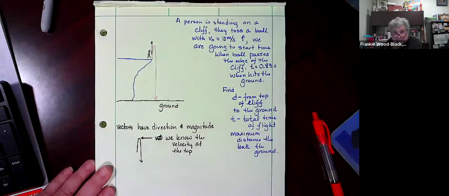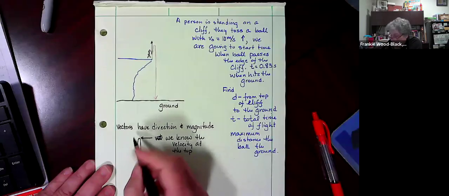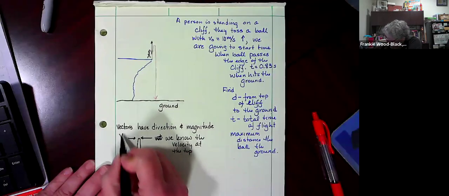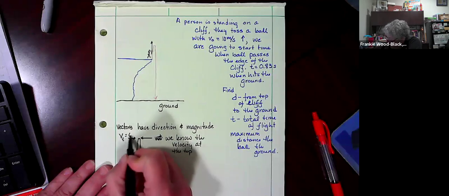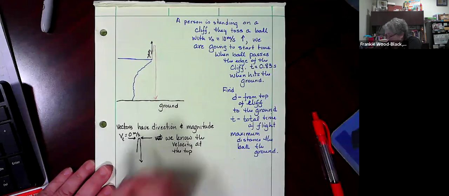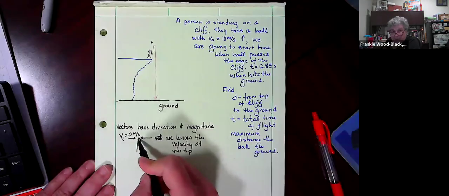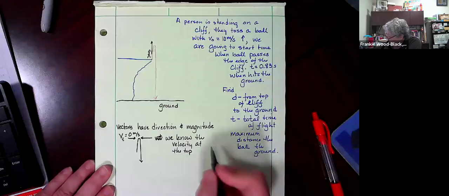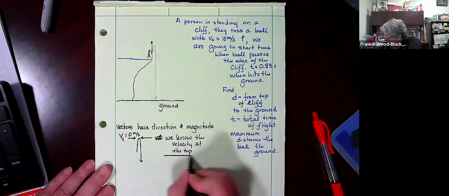We know the velocity at the top because I'm going to change direction. So the velocity at the top, which we're going to use as VT, has got to be equal to 0 meters per second. Because as I get to the top and I change direction, I've got to go through 0. So this is one of the knowns